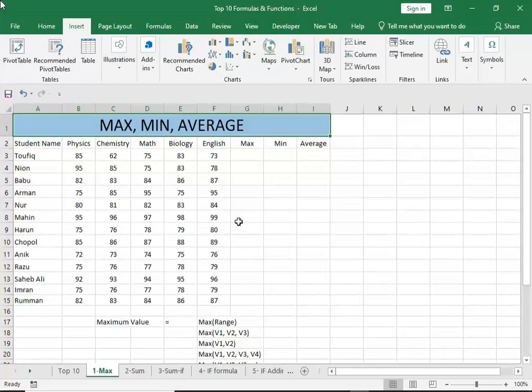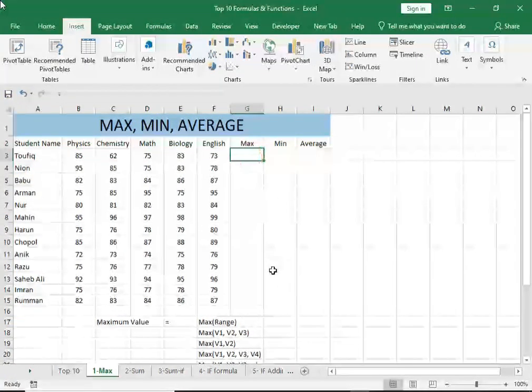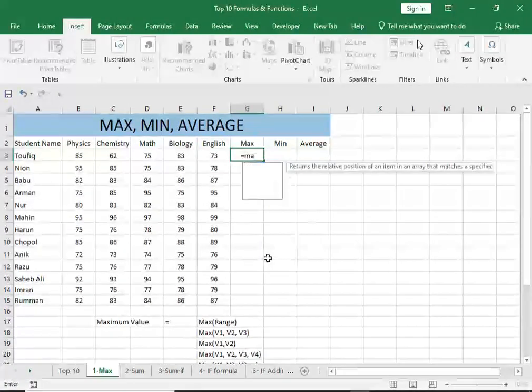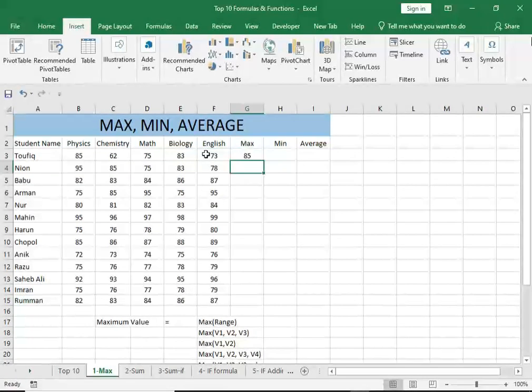For that purpose, I have already taken some dummy data with names and classes. From that perspective, first I have to input the max function here, and I have to close it using a parenthesis. Now I will give the range of the data. Now it's fine. Now it gives the maximum value of this row,